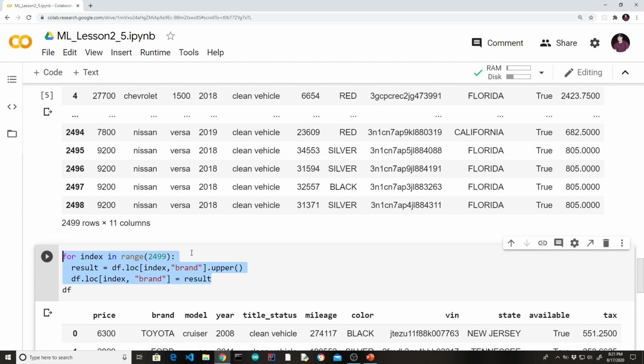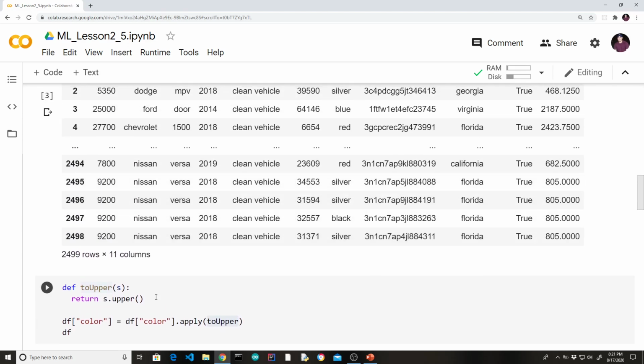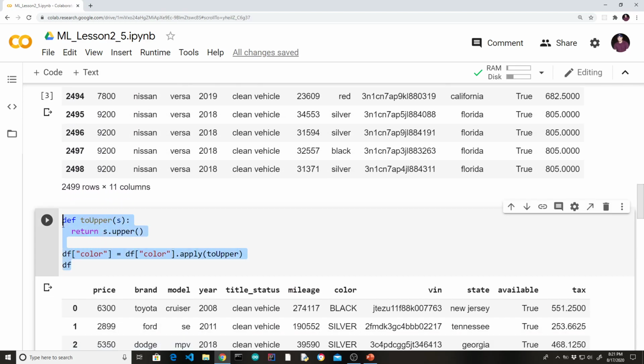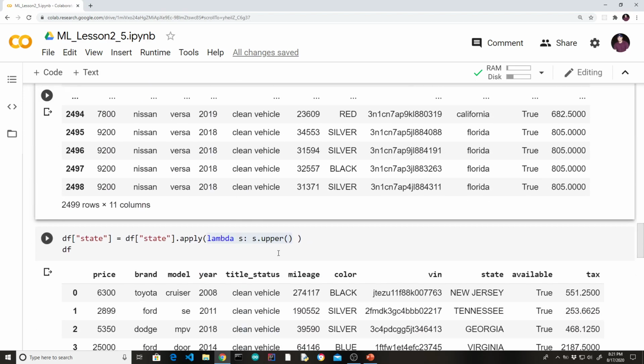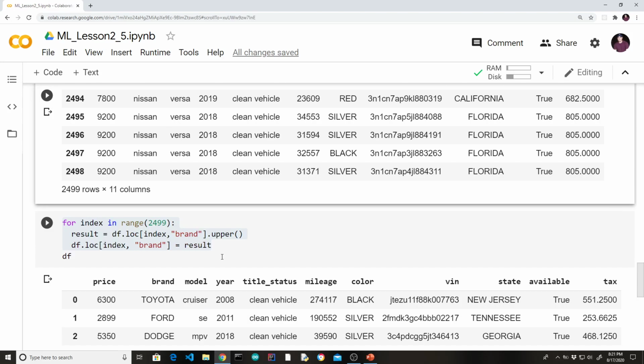You definitely want to do it this way or this way. This is the more pandas way of doing it, or this way. Again, this is more of the traditional approach: I'm not comfortable with pandas, but I know how to use programming to manipulate information, and that's this approach. But as you can see, any of these three approaches will work